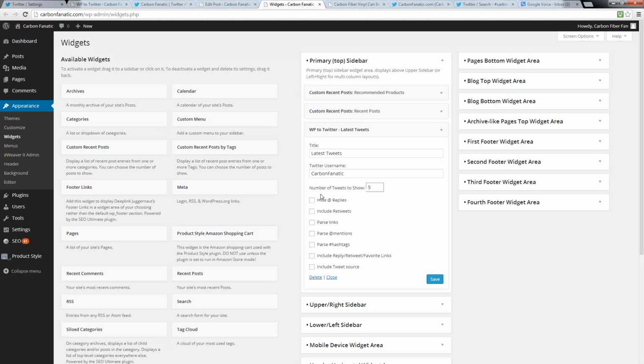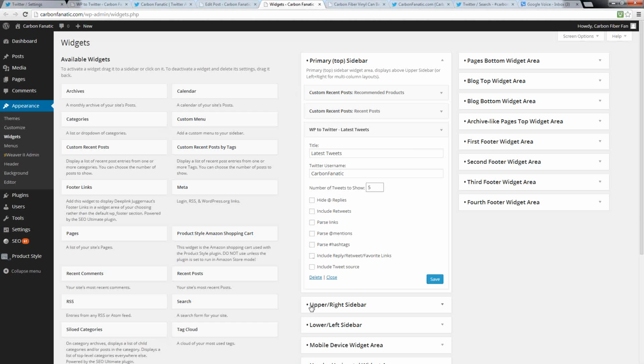So there's really not a lot of point to doing that, except, you know, obviously to try to bring in some extra content for your site that you didn't have to create yourself. But for the cross promotion aspect, it's probably not worth promoting somebody else's Twitter account in this manner. So just provide your own username and then just type in a number of tweets that you want to show